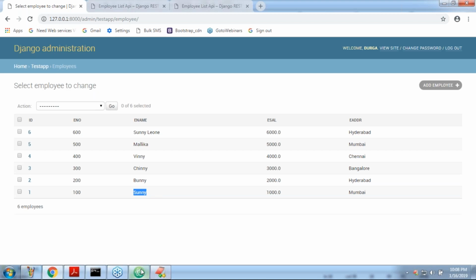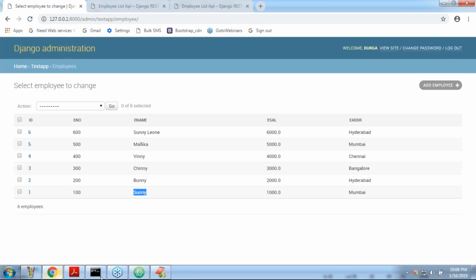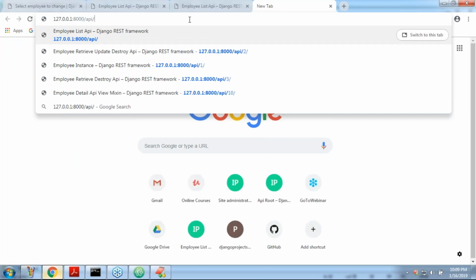Have a look once. Let me send the request. Server is okay, no problem. Now my requirement is 127.0.0.1/api/. Sir, I'm not passing any query string. If you are not passing any query string, now observe the flow. Is the name None or not?